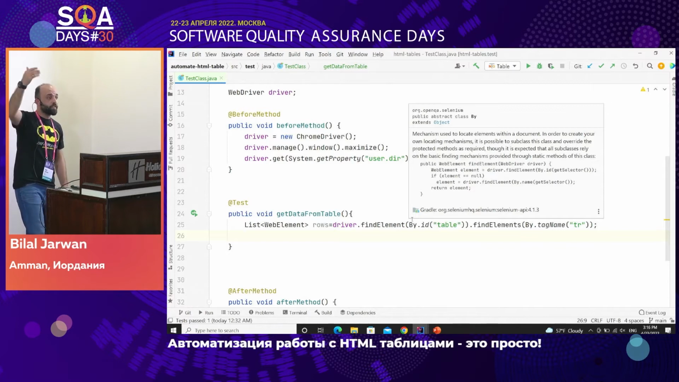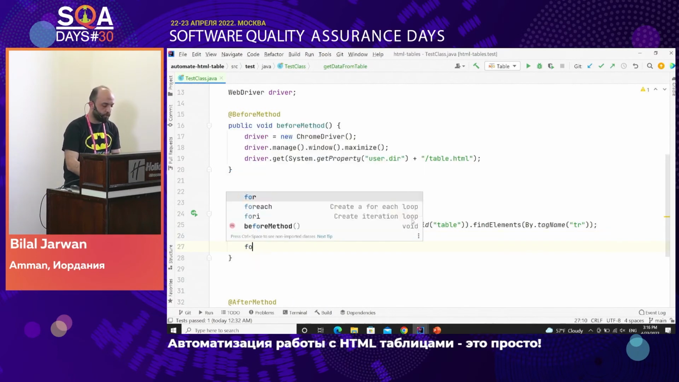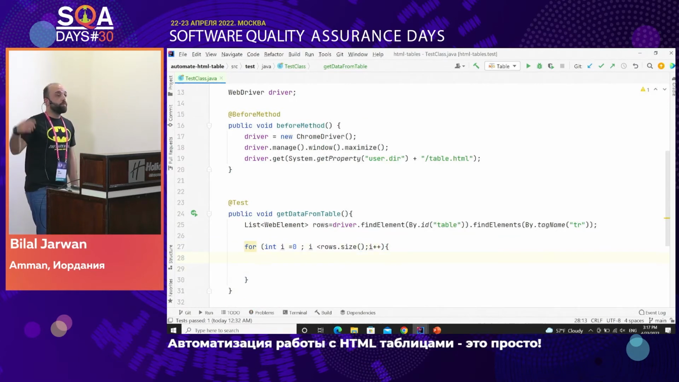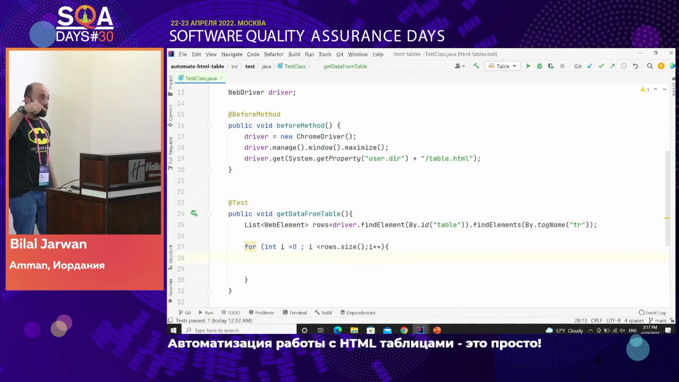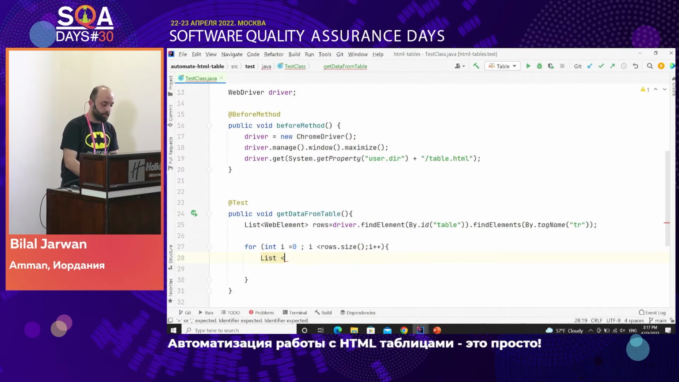And then we will visit row by row to check the headers and the cells. How can we do that? We will do a for loop starting from 0 and ending at rows.size, and then we need to increment the i. Now we need to initialize the headers and the cells. Every single header belongs to the rows, and the same for the cells. So I will initialize a new list with WebElements, and sure, it will be called